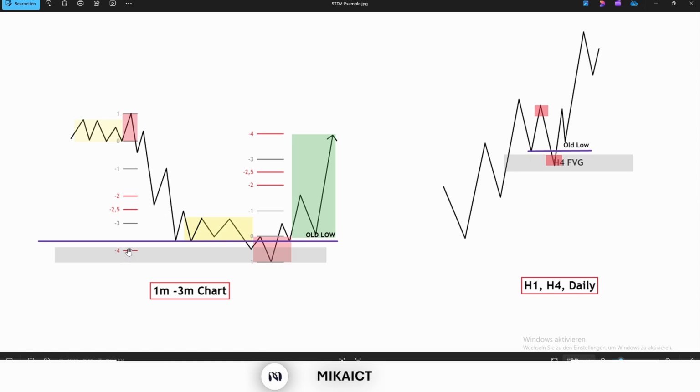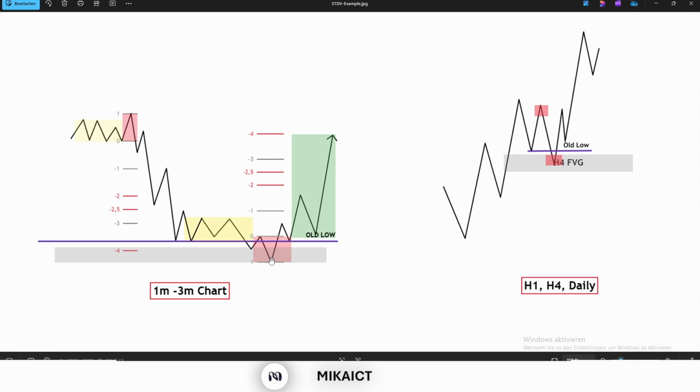And I want the -4 level here, and you can see this here, standard deviation, in alignment with the fair value gap. This is the gray box here, the same fair value gap, just on a different time frame, and also the old low. You can see I also have the purple line here. This is the old low, and we want the -4 in alignment with the old low or the fair value gap. And then we want price to at first also consolidate,